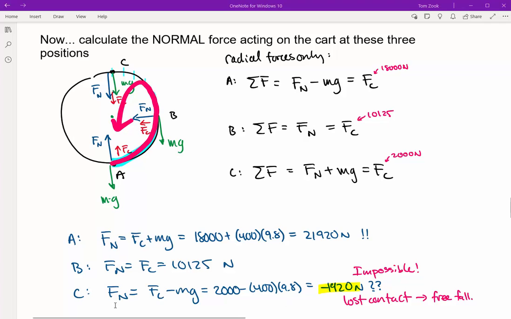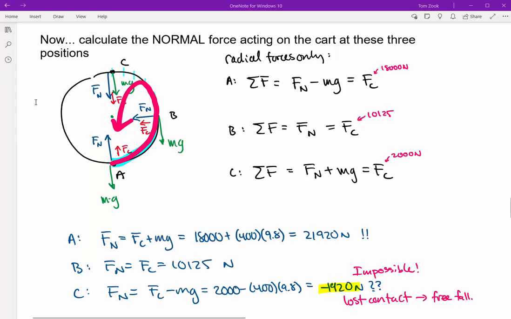Now you can figure out the minimum speed you can go, which is whatever velocity it takes so that centripetal force is equal to just weight. And at that point, whatever velocity that gives you, that would be a normal force of 0. So the track's not even doing anything for you. But you tend to coast past, and then the track has to push you so you don't go through a